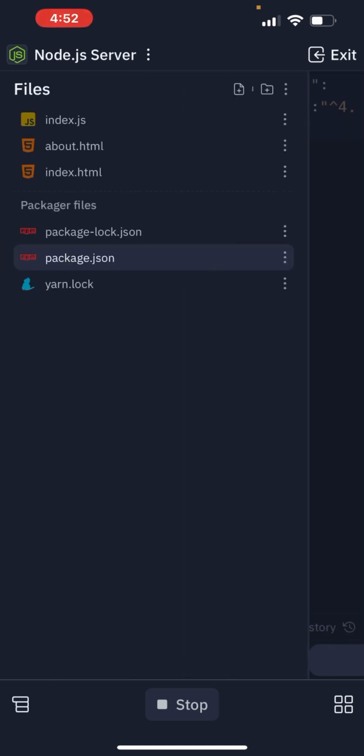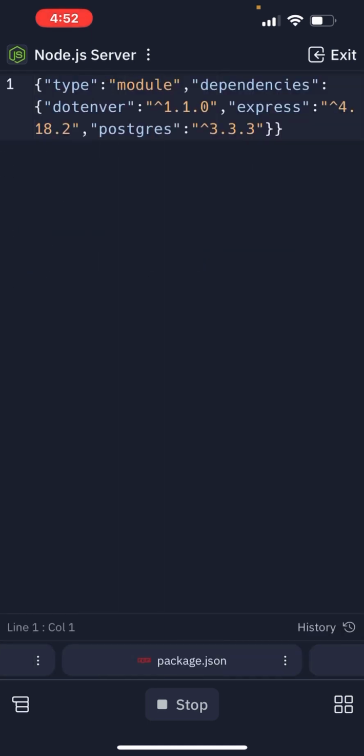Let me create another page. For now, we have only 2 pages. We have the landing page and the about page. So I want to create a contact me page. Let's say I'm creating a web application that also needs a contact page. So let me create a contact page so that you will see the process of how I'm going to create